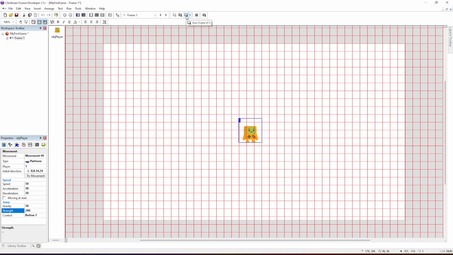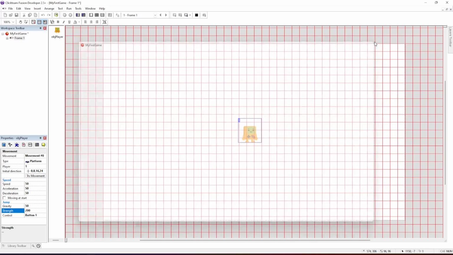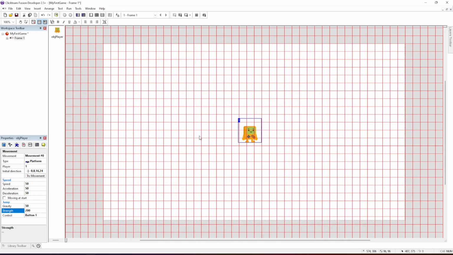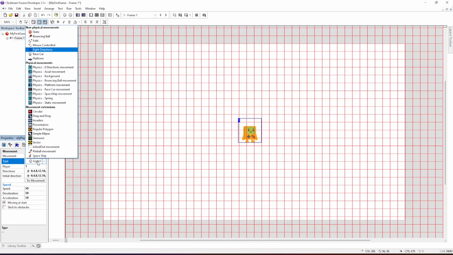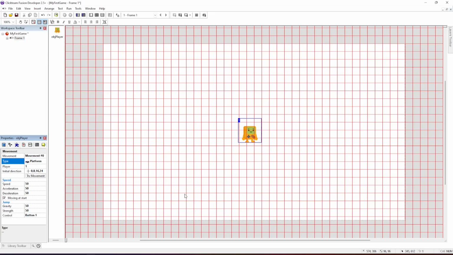But let me just make sure that the movement is working. Yeah, we can go left and right. Okay, actually, before we do this, what I want to do is first go into the 8 directions just so you can see here, so we don't fall off the screen right away since there's no gravity. So you can see we can move left, right, up, down. We can move diagonally and every which way. And that's all with the pre-built in functions here. But by switching it back to the platform,